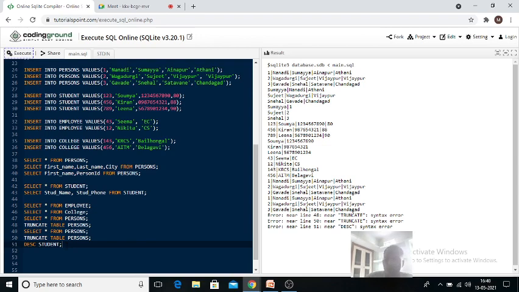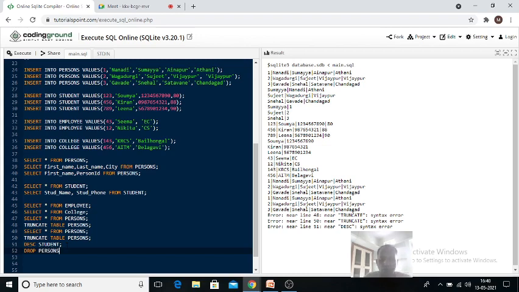Got it? Now, if you want to delete a table, just use DROP, drop table name. Drop persons.